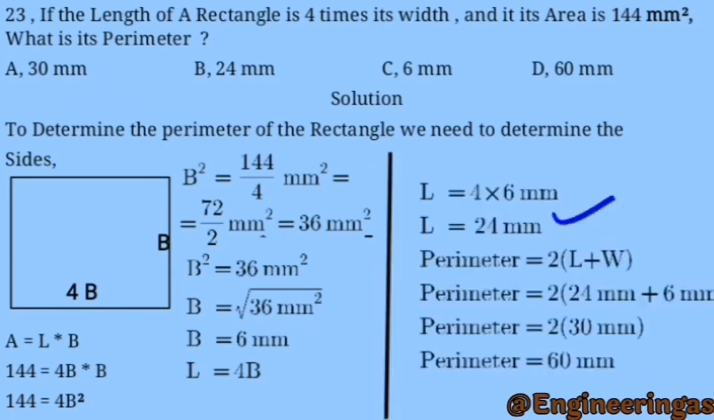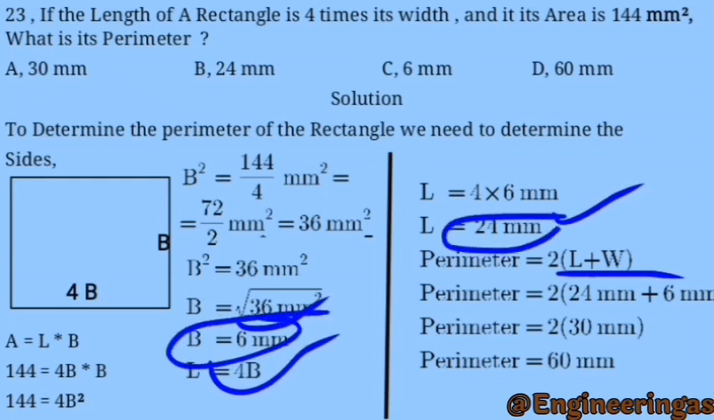It will be 24. So perimeter is 2 times L plus W. Length plus width. We already found length, and also we have width. Just substitute it. 24 millimeter plus 6 millimeter and multiply it by 2. It will be 60 millimeter. So the perimeter of this rectangle is